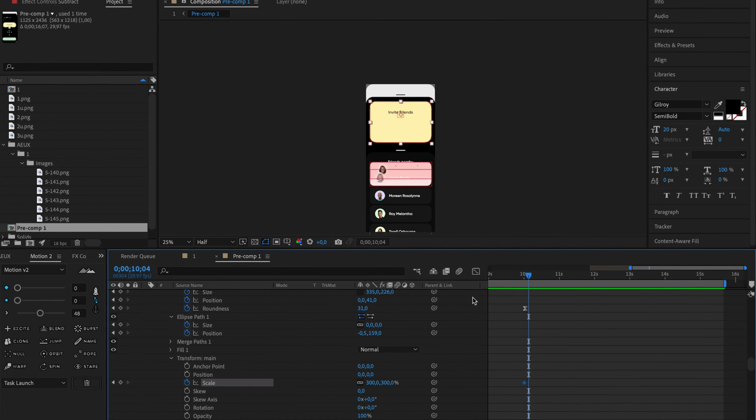I'll now make the invited friends card bounce a little when it's merging with the user card. This will make the animation even more